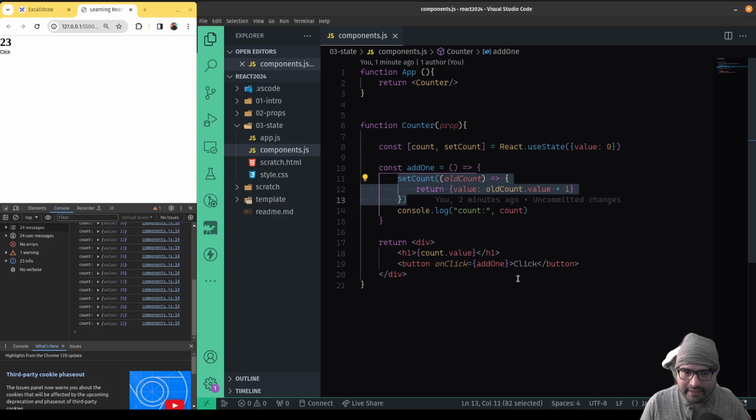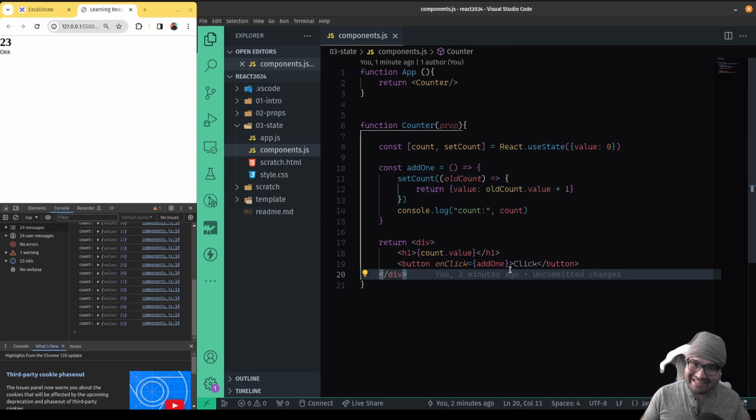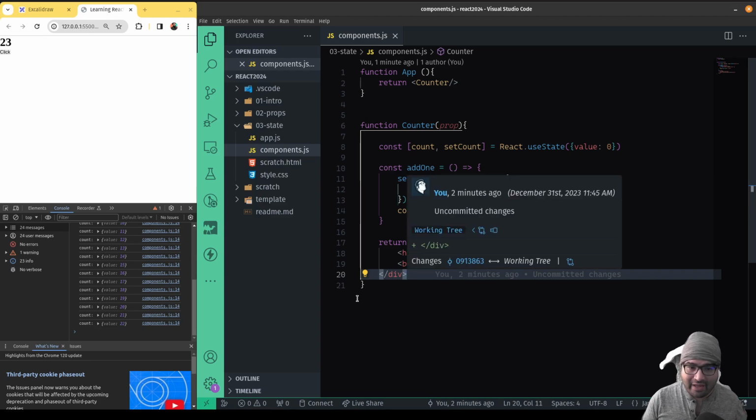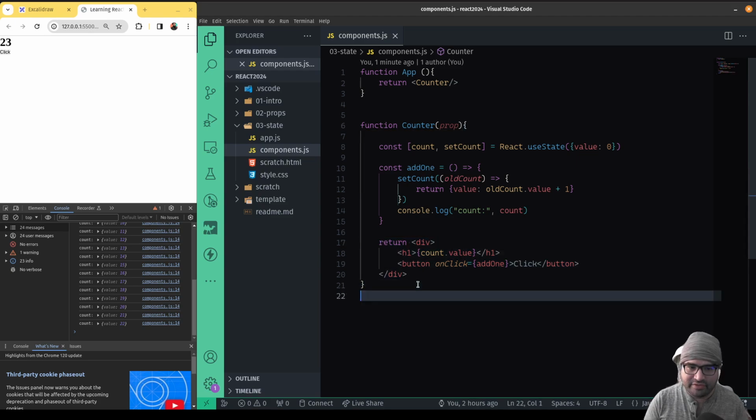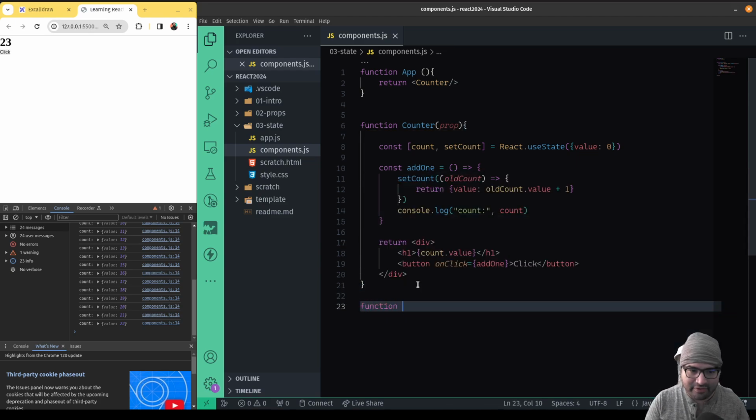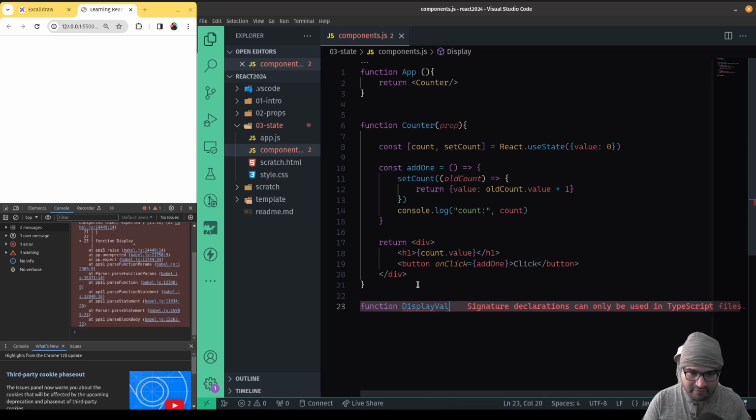Okay. Now I also mentioned the idea of a state and stateless component. Right now, the way we display this data is part of the component, so I cannot reuse this. Basically all I can use this for is specifically the counter. Now, if I wanted to make this a more reusable component, what I could do is write another component, DisplayValueWithButton,